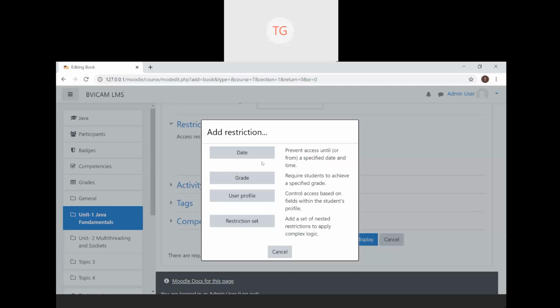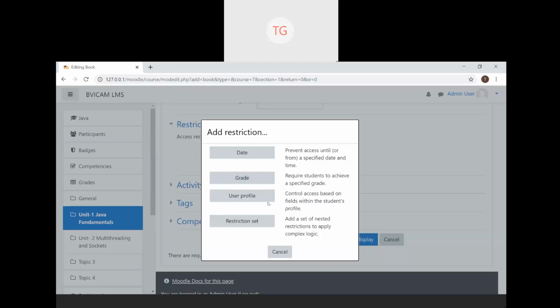Grade restrictions: only show this resource to students who have got a minimum grade of, say, 50% in my course. This is for higher knowledge or more extensive work around Java. So you can impose grade restrictions.